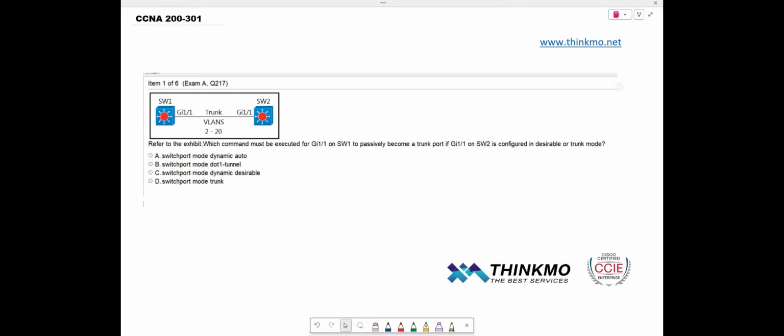The first question asks us to look at this diagram. If the G0/1 interface on SW2 is configured as trunk mode, then on S1, which exact command must we execute on this interface to ensure proper trunking? That is, in order to make this interface passively become trunk mode, it must specifically be the dynamic desirable mode,